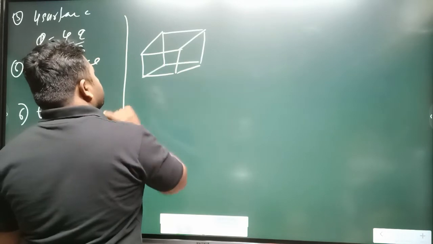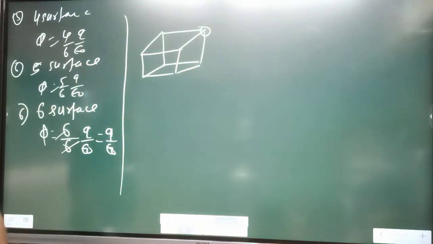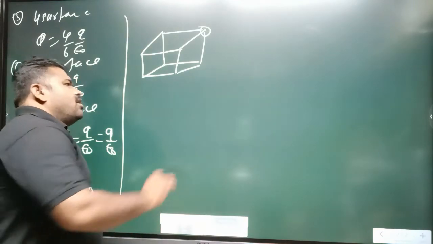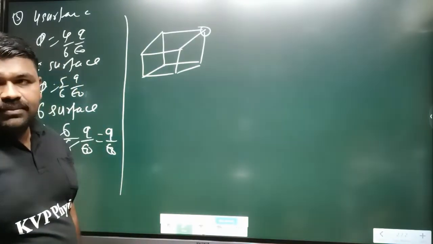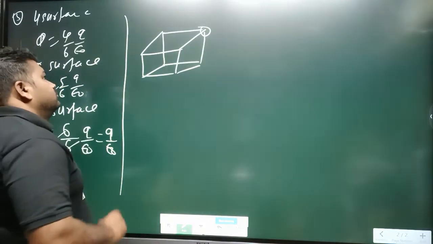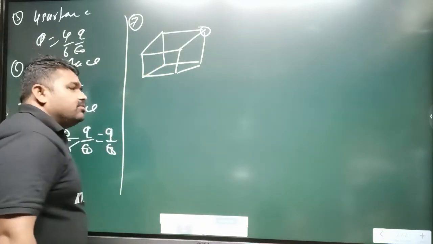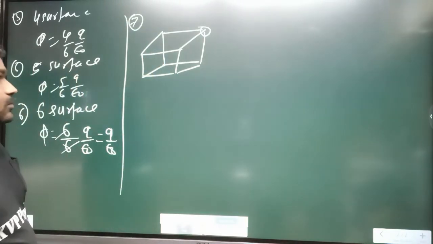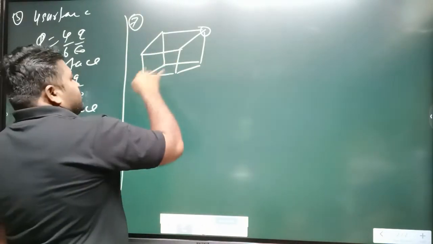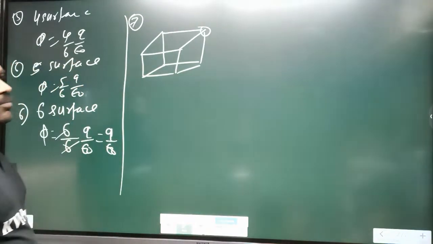We can place the charge at one corner. Charge at one corner. Yes or no? Charge at one corner. How much flux passes through this cube? 1 by 8. How much flux passes through this cube? Before this one, 1 by 8 Q. Find out how much